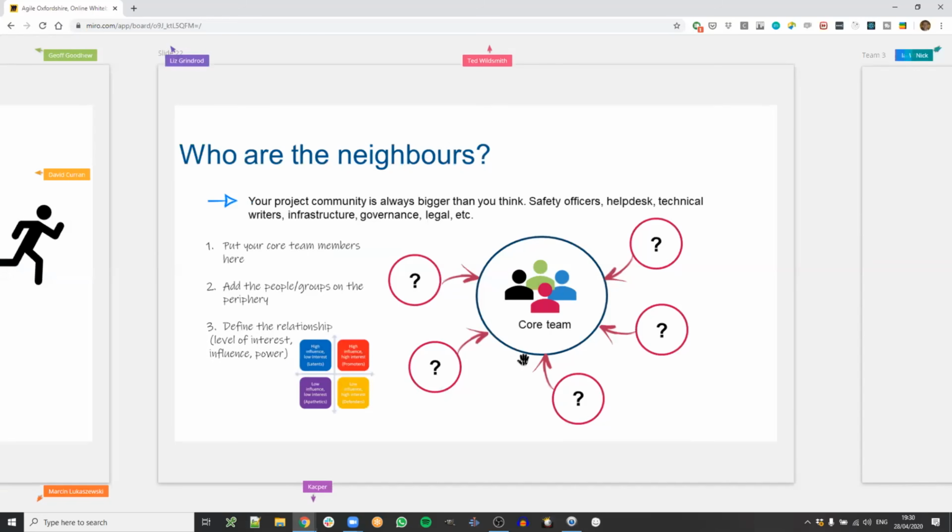Who are the neighbors? That's a fairly straightforward business analysis toolkit thing, where you define the relationships between people. An influence and power metric is quite common, but the idea is to draw explicitly and visually who the neighbors of the core team are. Do they have to talk to the IT group? Do they have to talk to the security guys? Do they have to talk to this other secondary stakeholder group, etc.? Just to make it obvious who we are involved with, and who we should maybe eventually talk to.